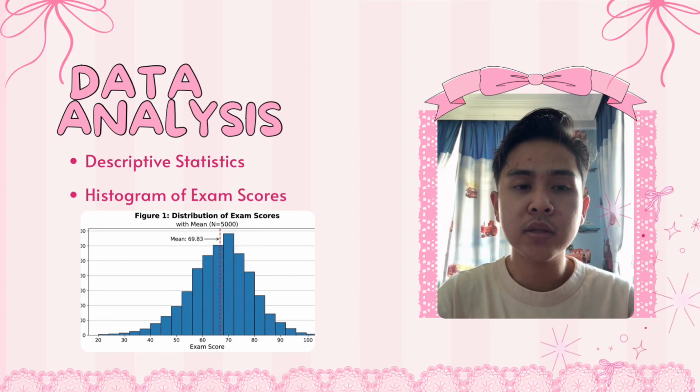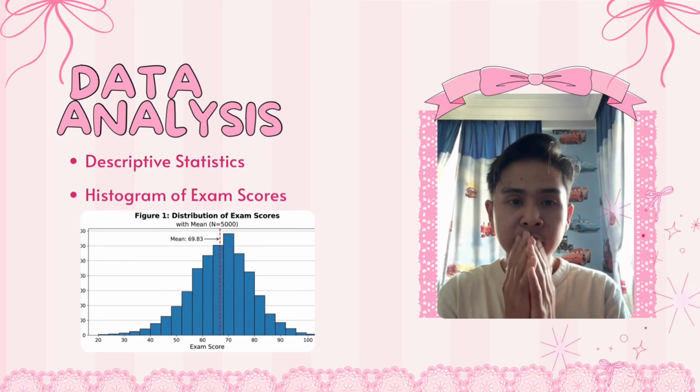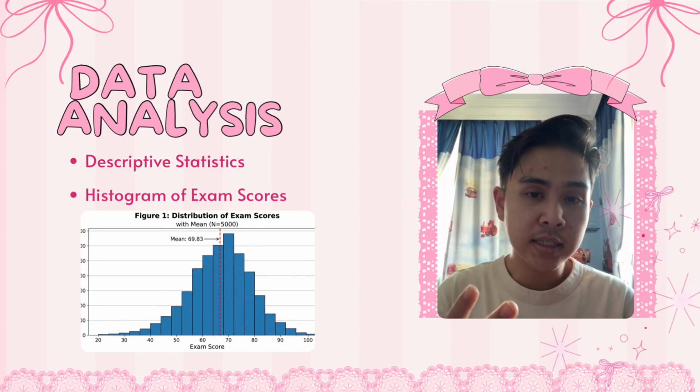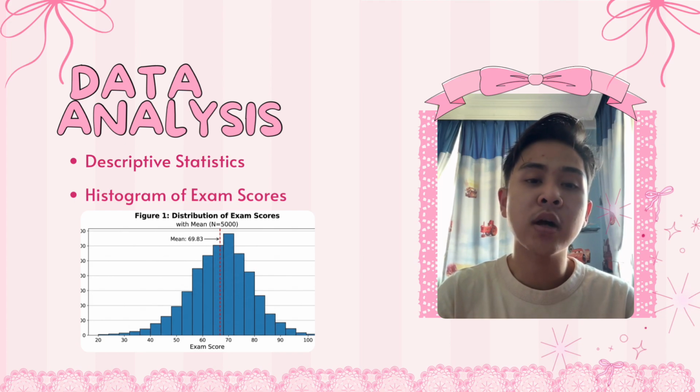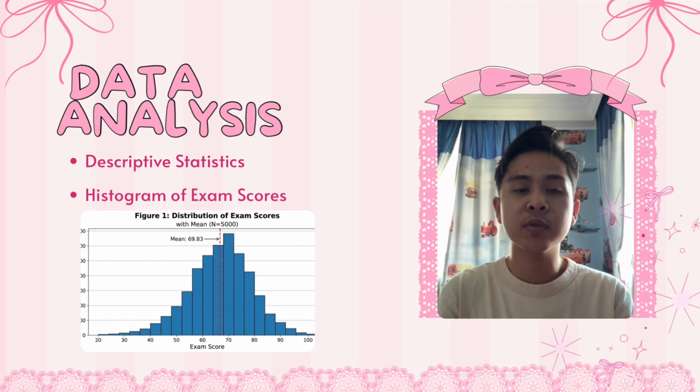Next, I will explain the descriptive statistics of our dataset. The dataset contains 3 numerical variables which are study time, previous score and exam score. From the analysis, the average study time is about 14.94 hours. Meanwhile, the average previous score is 69.96 and the average exam score is